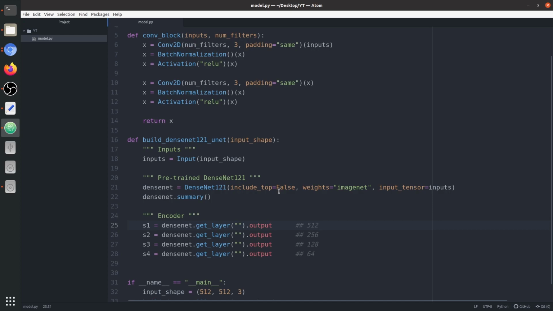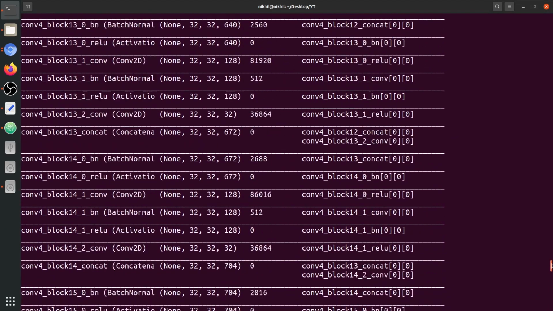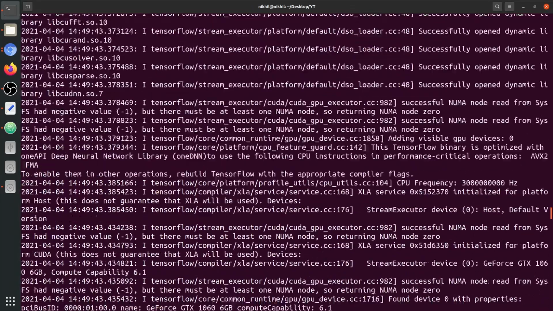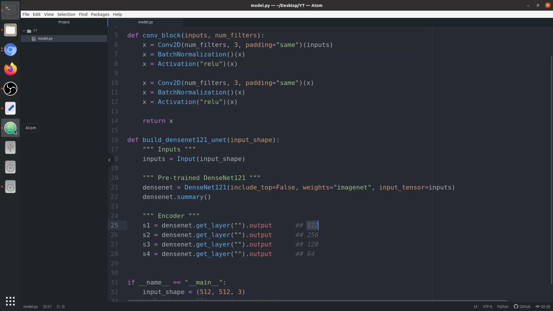So we need the first feature with the size of 512 by 512. Let's search for it in this architecture. Let's look at the diagram. We have the input layer with 512 by 512 by 3, and we don't have any earlier layer, so we're going to use input one, that is the input image. Okay, this is done.